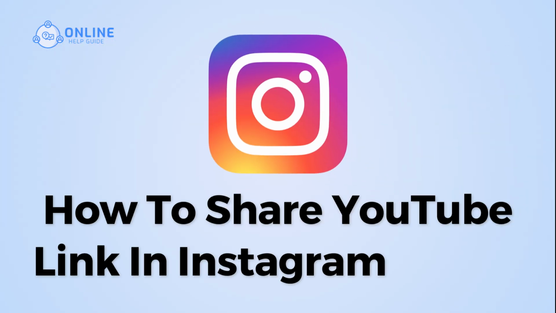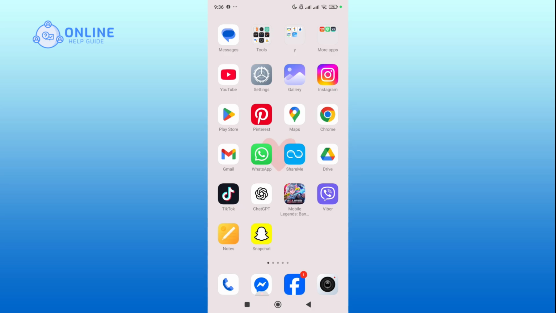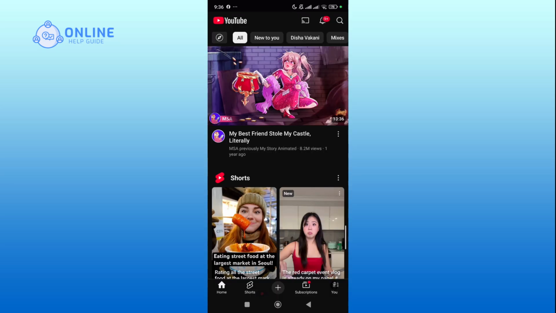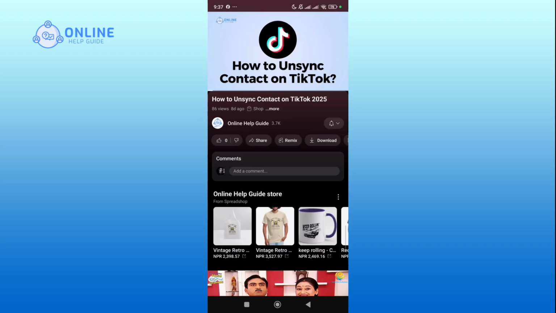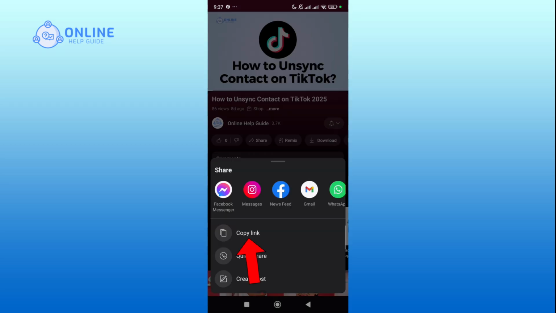How to share a YouTube link in an Instagram story. Here's a step-by-step guide. Firstly, open the YouTube app on your mobile device and find the video you want to share. After that, open the video and click on the share button below the video and select the copy link